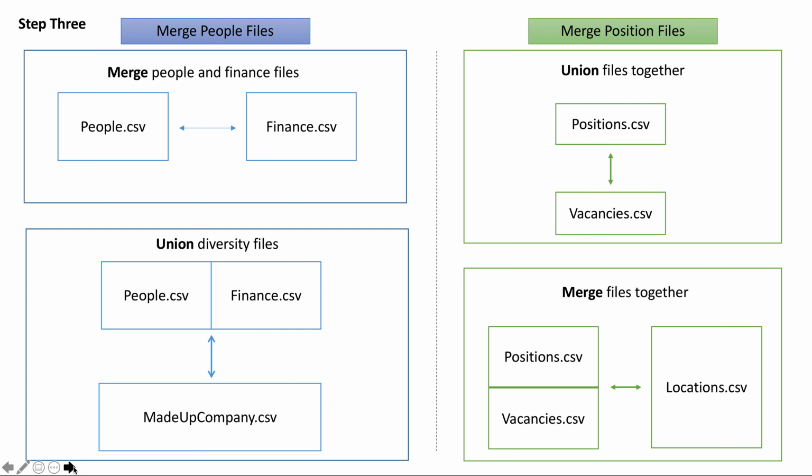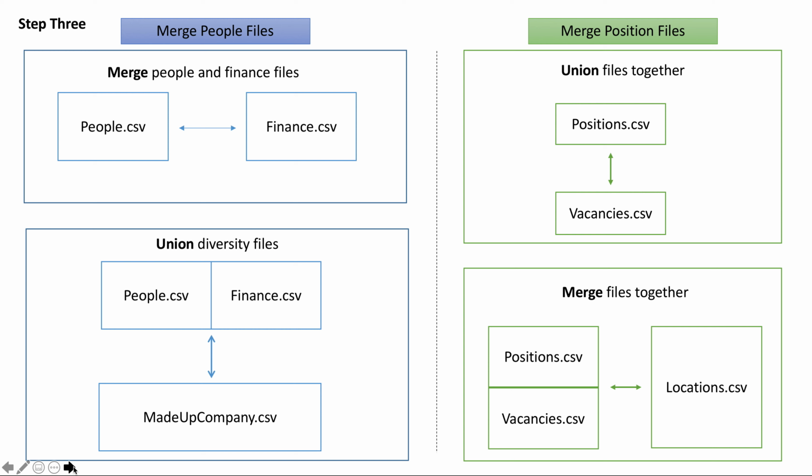For the people file, we first merge together the people and finance data. Once those two are merged together, we need to union the made-up company data onto the existing people and finance data already merged. Now that all the people data has been brought together, the data refresh process will move on